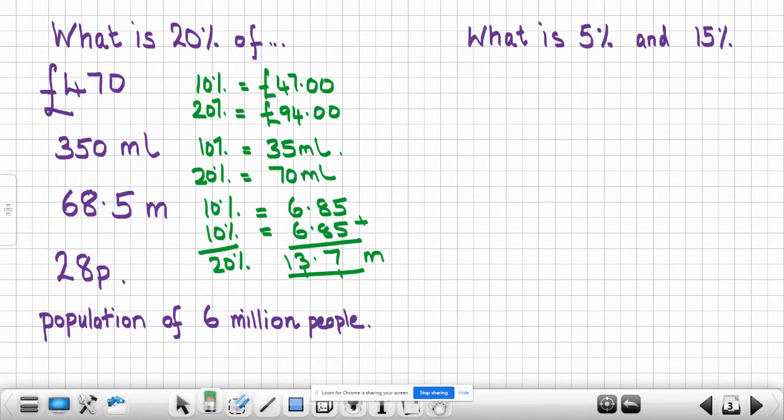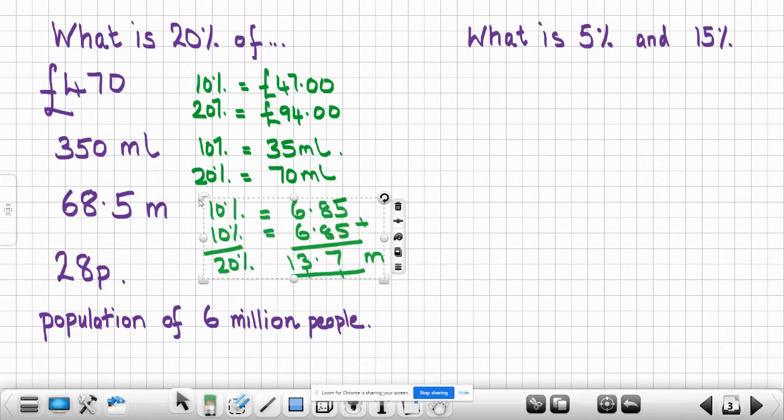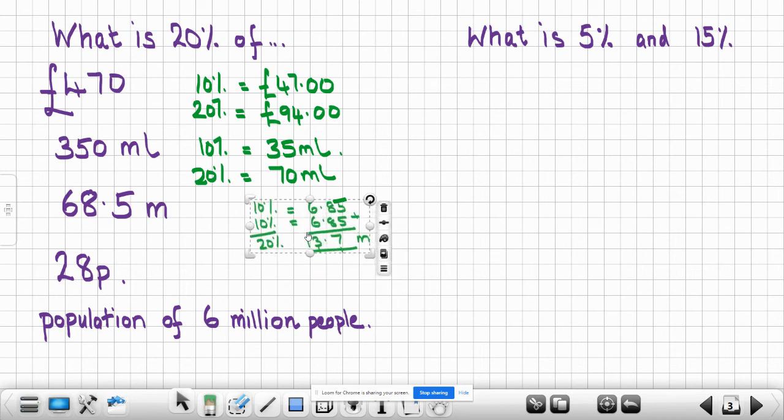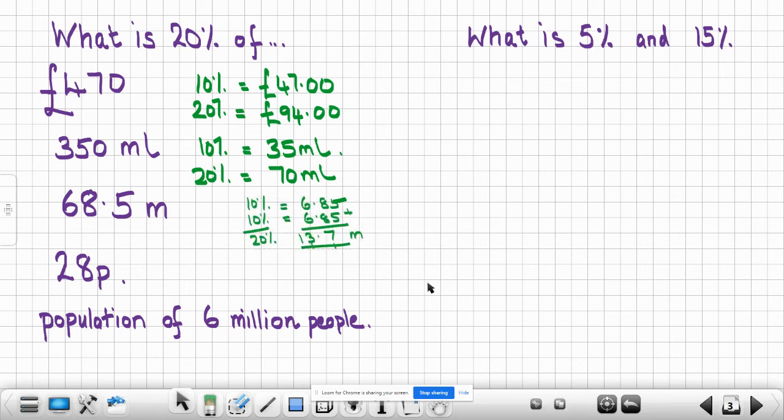Okay, I've made that a little bit smaller, so I've got a bit more room. So let's just reduce the size of that. Oh, don't want that M included. There we go. Let's make that much smaller. And then we've got room to do our 28 pence. So 10%, 2.8. Remember, we're just shifting it. So 20% would be